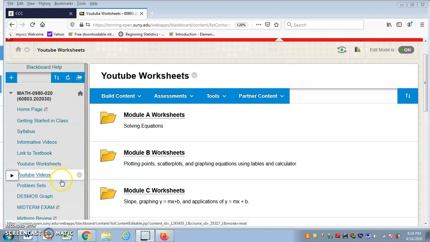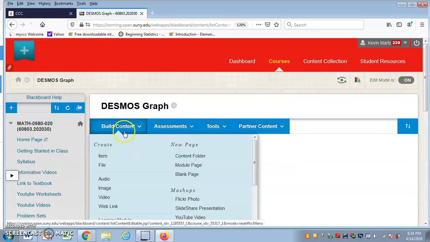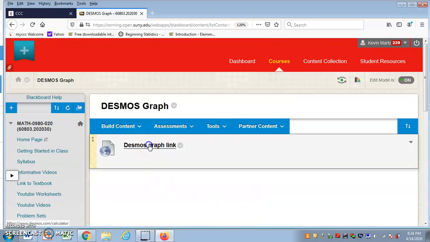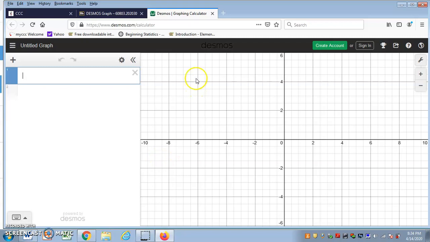In your Blackboard course, if you go down to the Desmos Graph and then click on the graph link, that'll take you to the Desmos Graphing Calculator page. In the upper left-hand corner, that's where you enter your equations. And if you just wanted to enter the basic linear equation of y equals 2x minus 1,